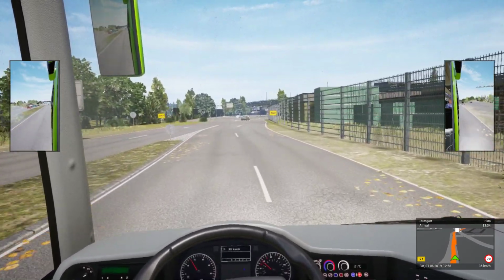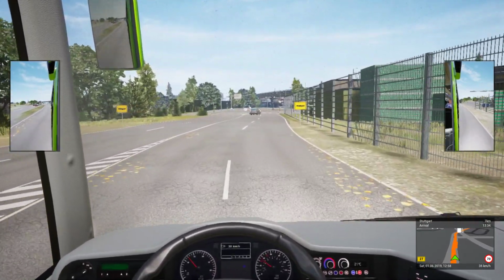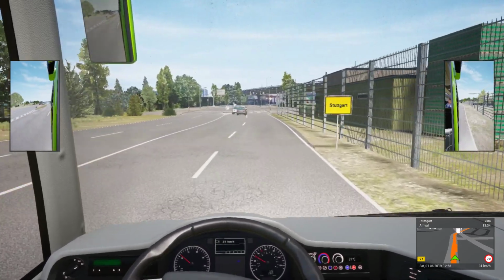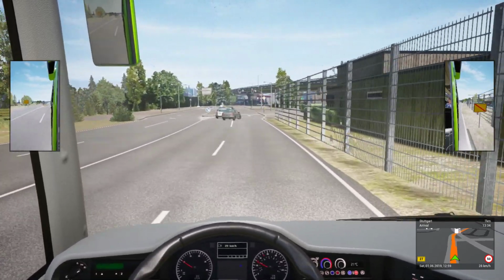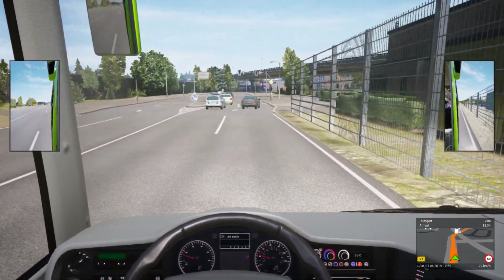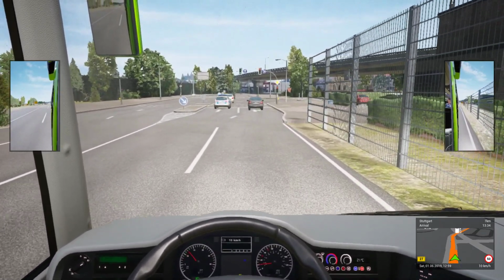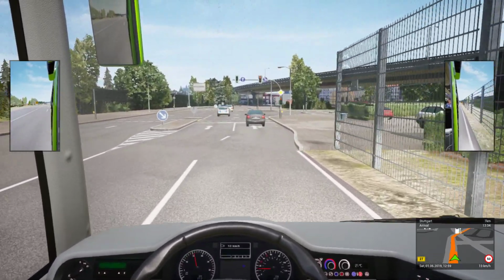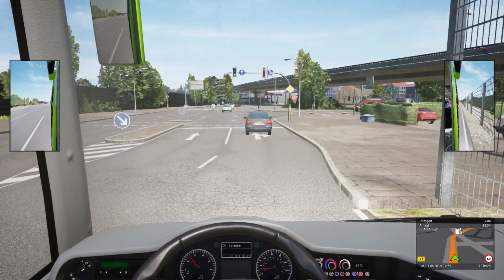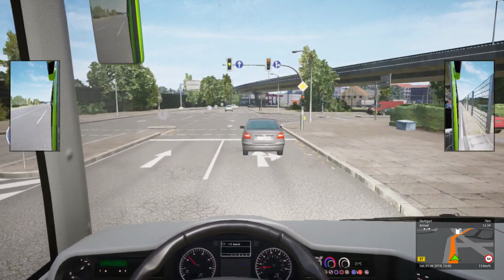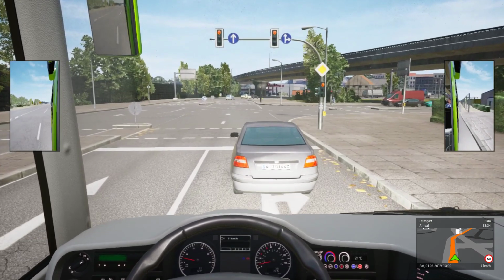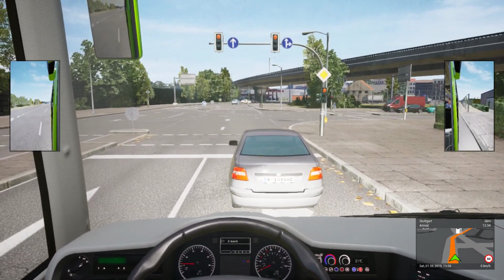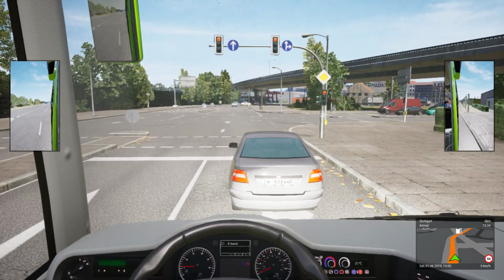Coming up on a petrol station. It's always good to know where they are. Because if I did it properly and forgot when I quit the game, if I saved the game by hitting escape after I've let our final passengers go, I should be able to save the game then